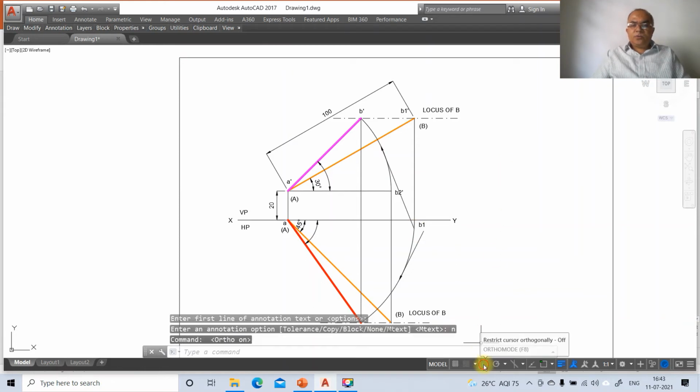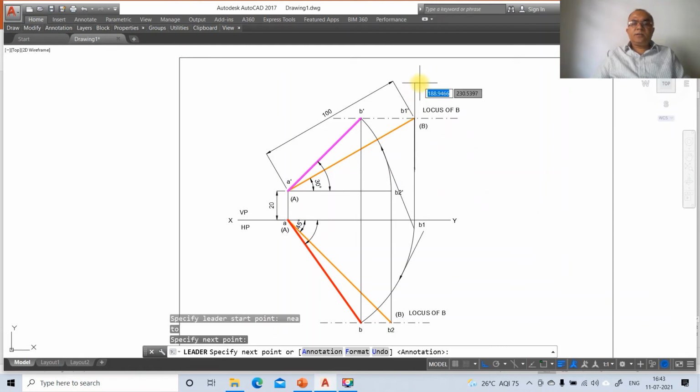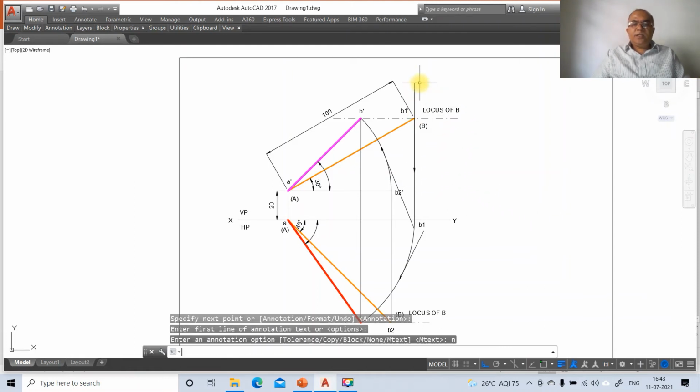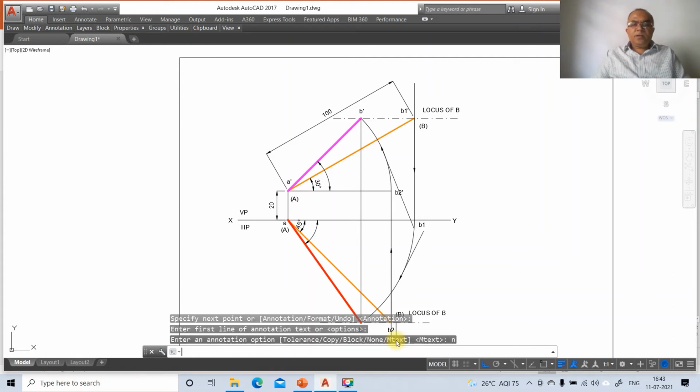Then you switch on the ortho mode, leader, nearest, you select this and you take it here, annotation option none. And go to leader, take nearest on this side and you take it on this, and go to annotation option none.